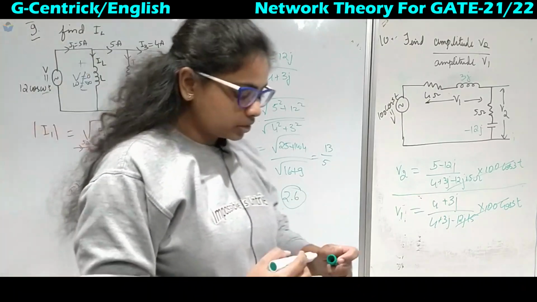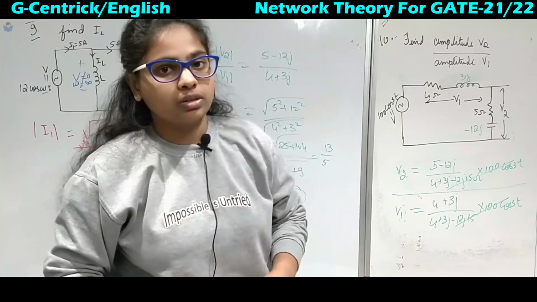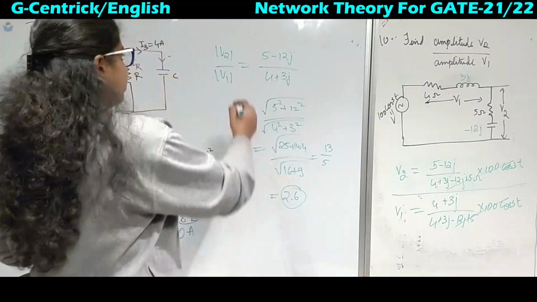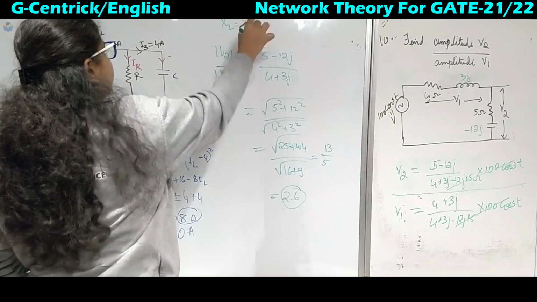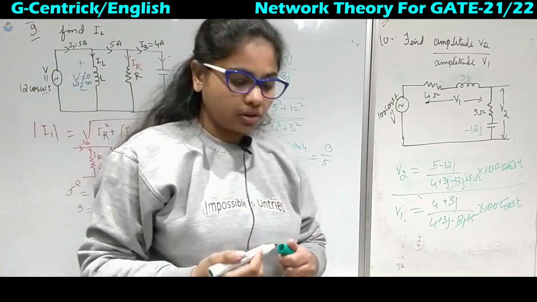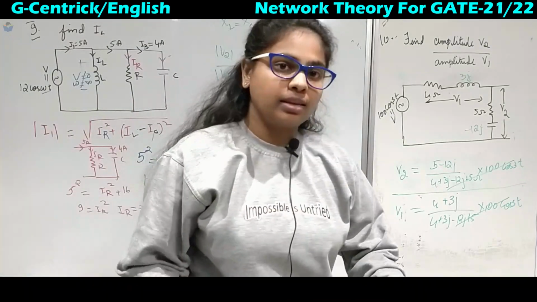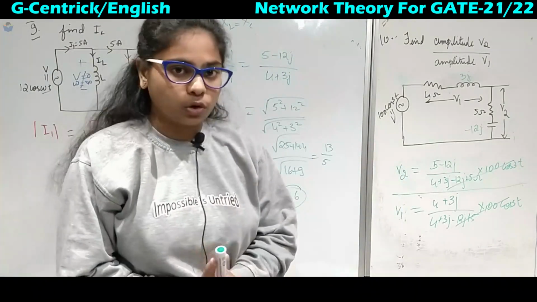In the next lecture we will see a few more questions based on this AC analysis. Then we will switch to resonance, where XL will be equal to XC. That condition we will call resonance. So we will solve a few more problems based on these concepts and then we will move on to the resonance concept. Okay, thank you.